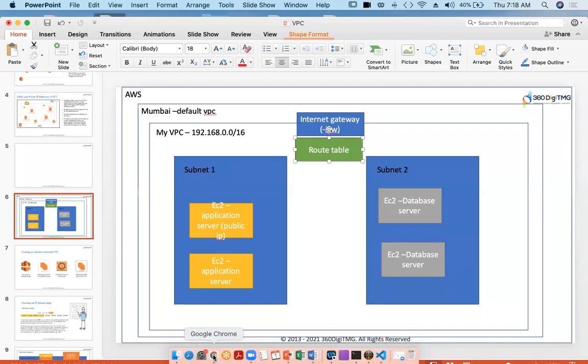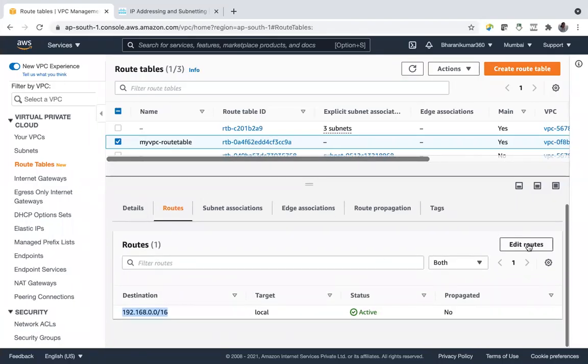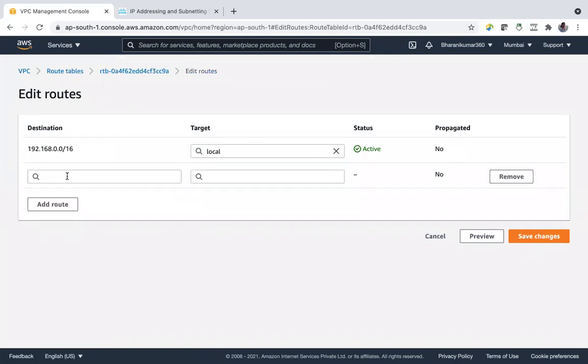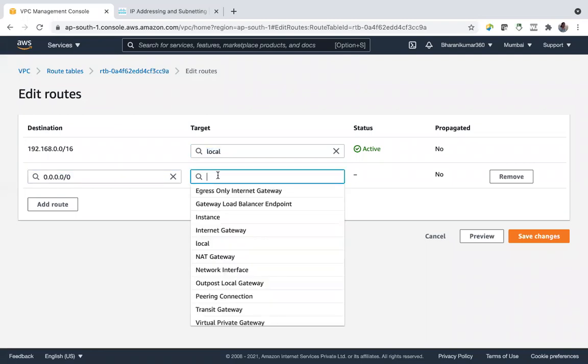And let's go here. What we have to say: edit routes. And by this time we already know what the CIDR block of the internet is. 0.0.0.0/0, this one. This is the CIDR block of the internet. You see, the first route says route the traffic within this, and the target is local VPC. And here I'm saying route the traffic to the internet, this is the CIDR range of the internet, using the internet gateway.